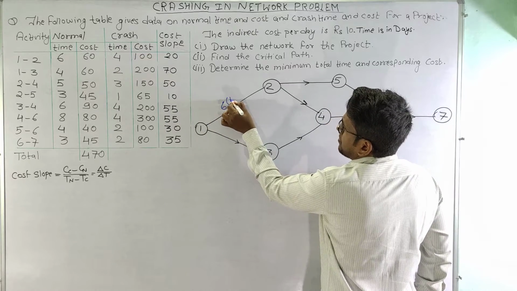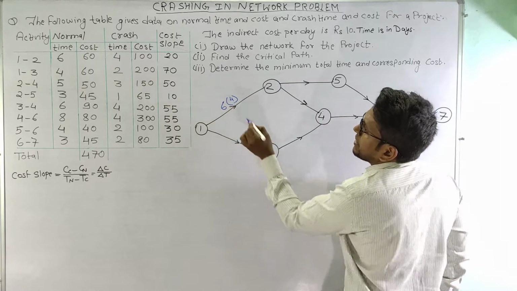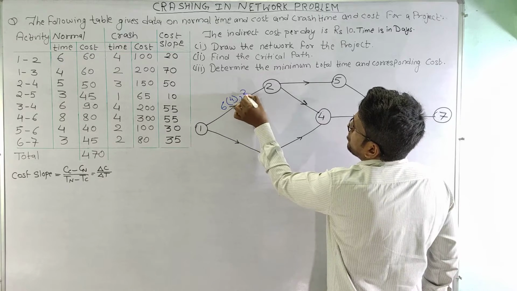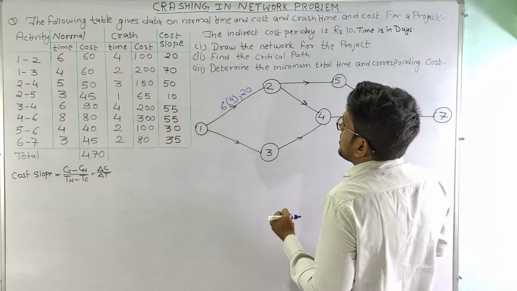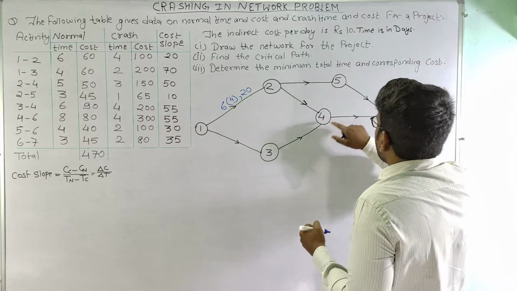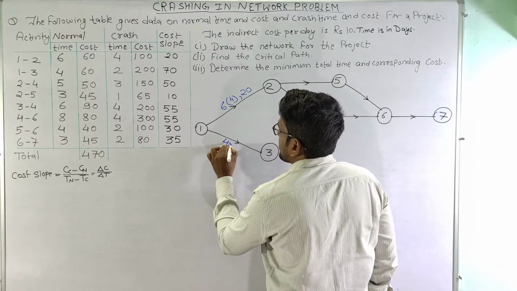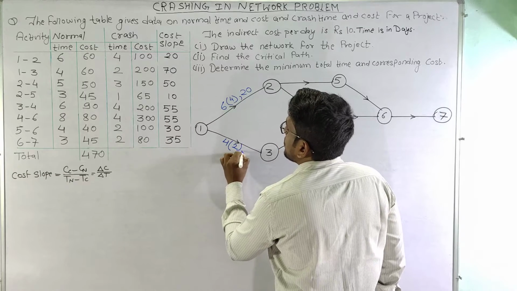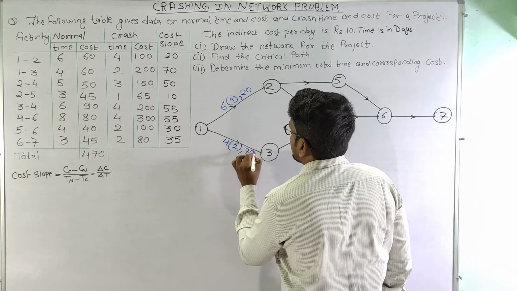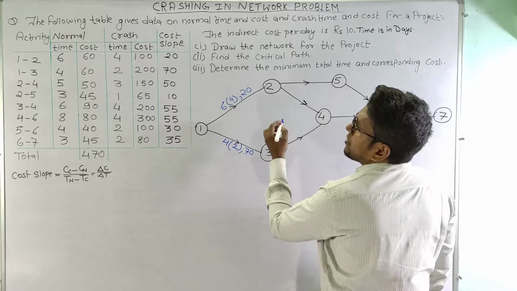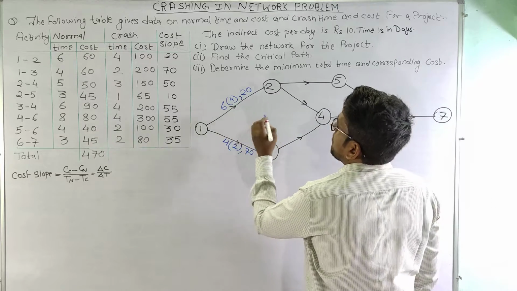So crash cost will be in bracket and then comma slope. Slope is 20. Similarly, we'll write for each activity here. So 1 to 3 will be 4 and crash time is 2. Slope is 70. Then 2 to 4, it is 5,